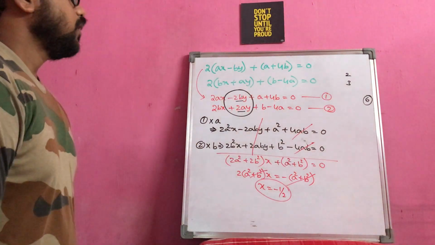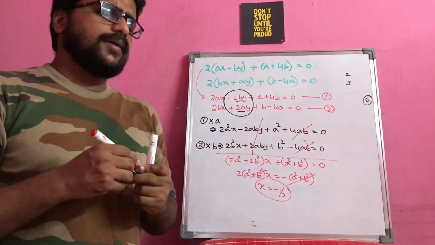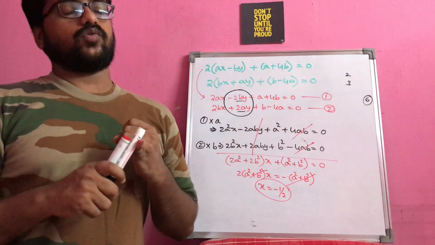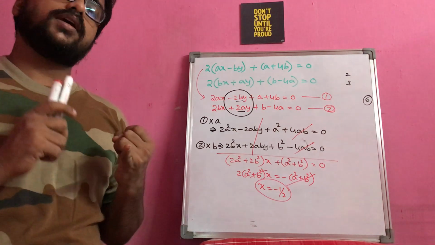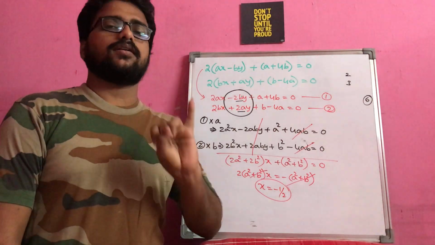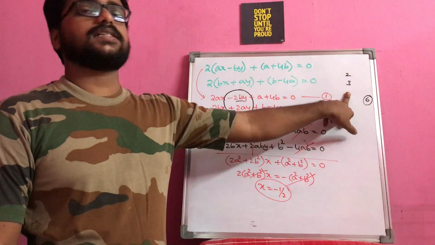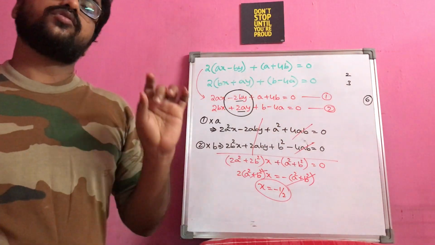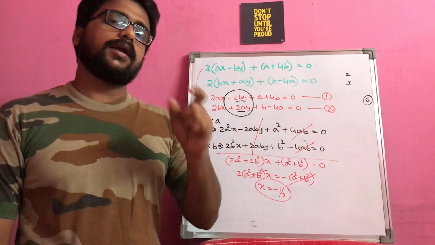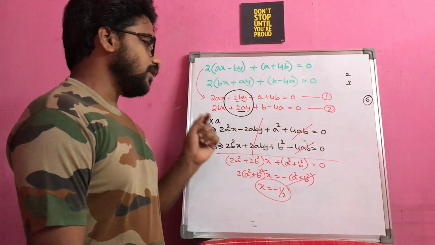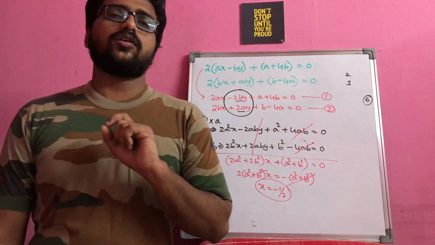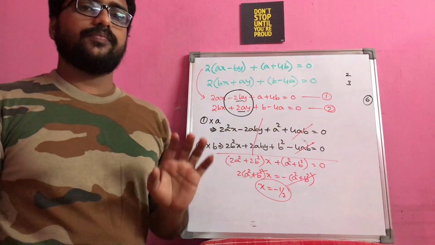Right? So like this, the first main important thing is with what factor you have to multiply both the equations. This is the main question that will come to our mind. You just have to look for, as I explained in this example, the common factor or common multiple that it has. Accordingly, you will get a thought of what has to be multiplied.